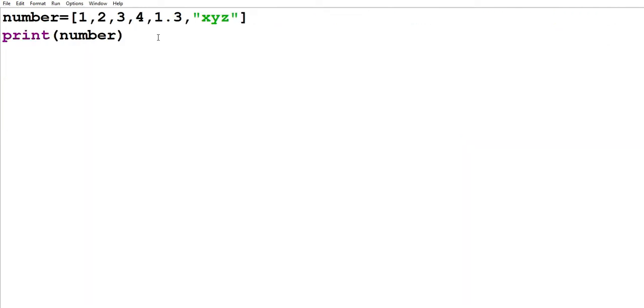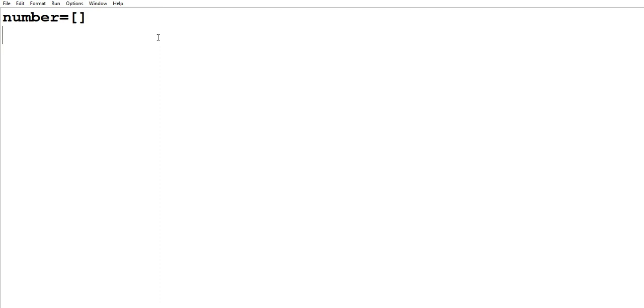Now we will try to make some changes in this program. Let's suppose that we are working in a program, and in the program we have a list with the same name, number, and this is a blank list, right? And we want to add some values given by the user in the list. Then how can we do that? We have to use the append function here. The append function is used when we want to add or append values in the list.